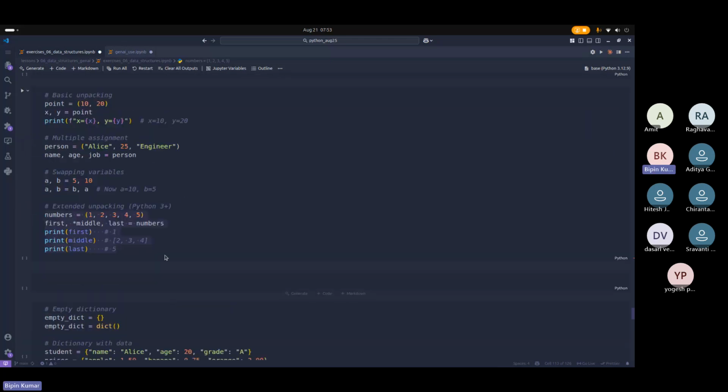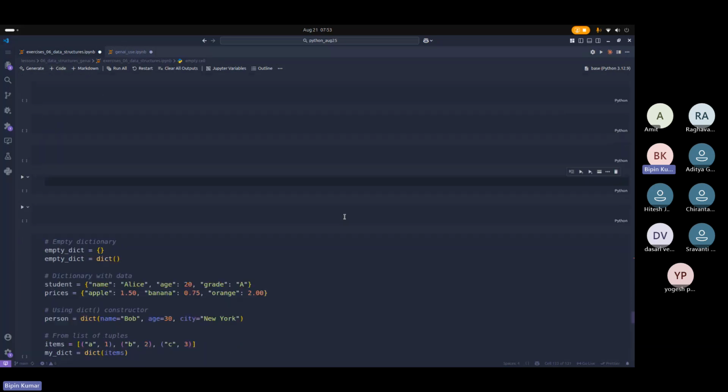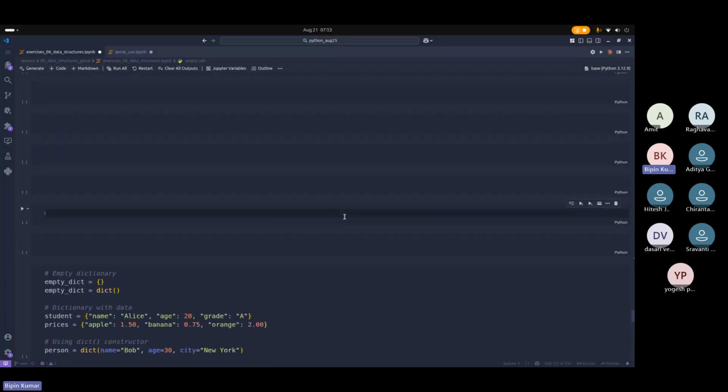So this is about tuples. It is almost the same as I said earlier. The only difference is that it is non-mutable. Okay, we cannot change the value once we create it. Okay, yeah. So now,